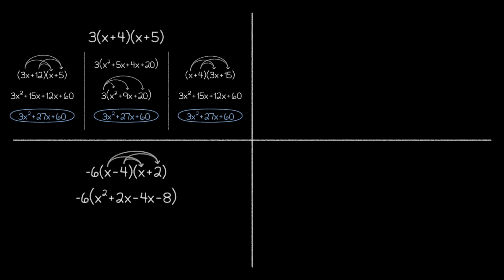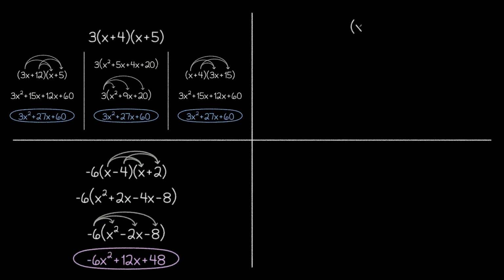Additionally, note that when we wrote down these results, we wrote them with subtraction instead of adding a negative quantity, which also allows us to reduce the number of steps that we're writing out. Then, after we combine the like terms for the expression inside the parentheses, we can finish things off by distributing the negative 6, which gets us this result.